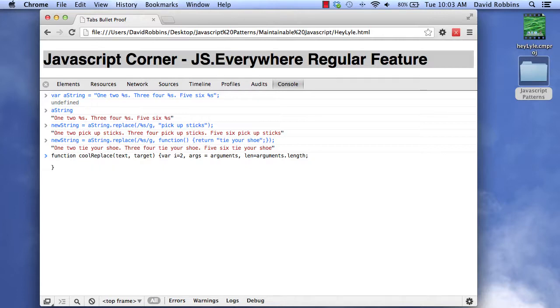Now, our function should return a string. So we're going to use our text parameter, and we're going to call the replace command. That's what we're going to return. So the replace command, we have to pass in our regex target, and second parameter, seeing that we can use a function, so let's use that function. So our function has to return something,